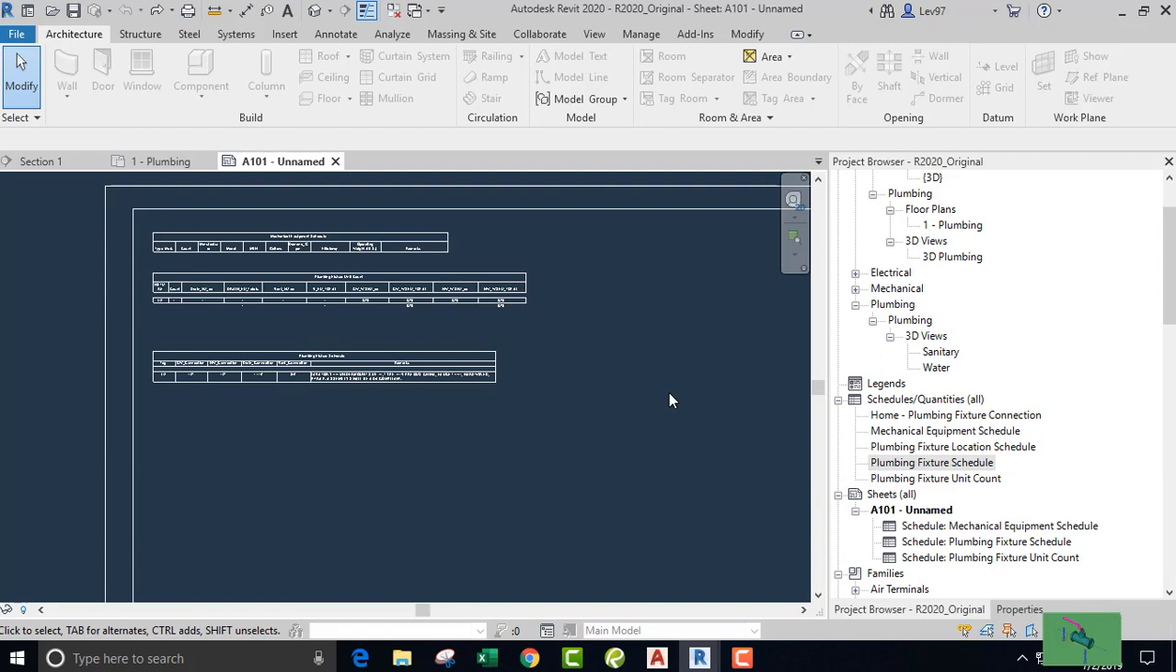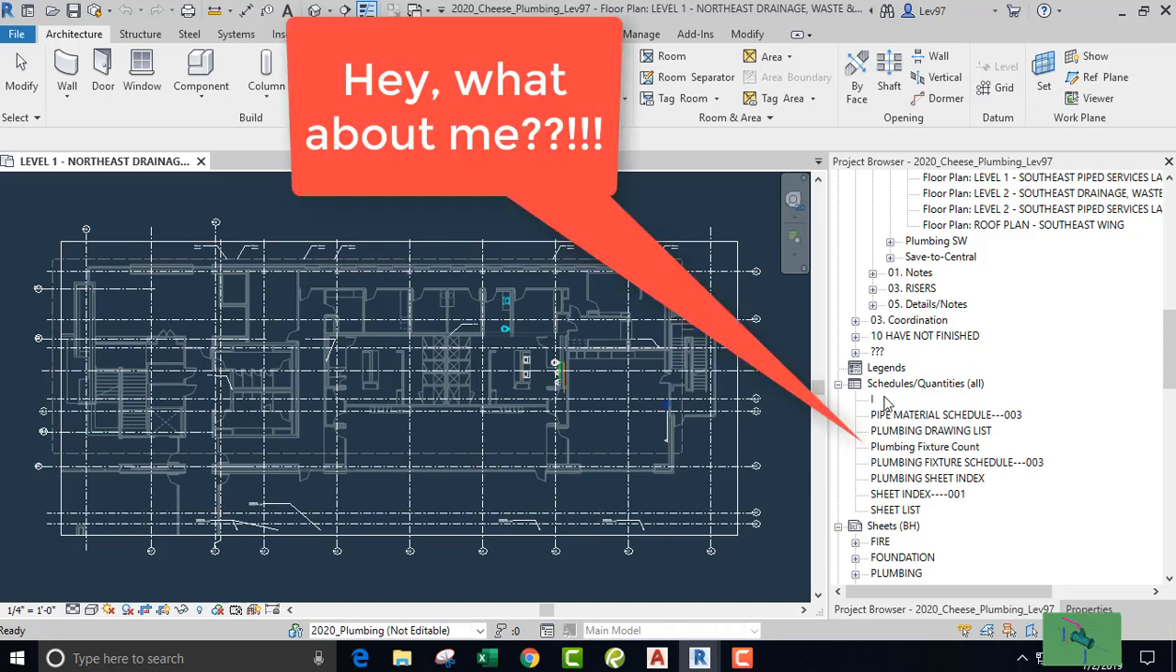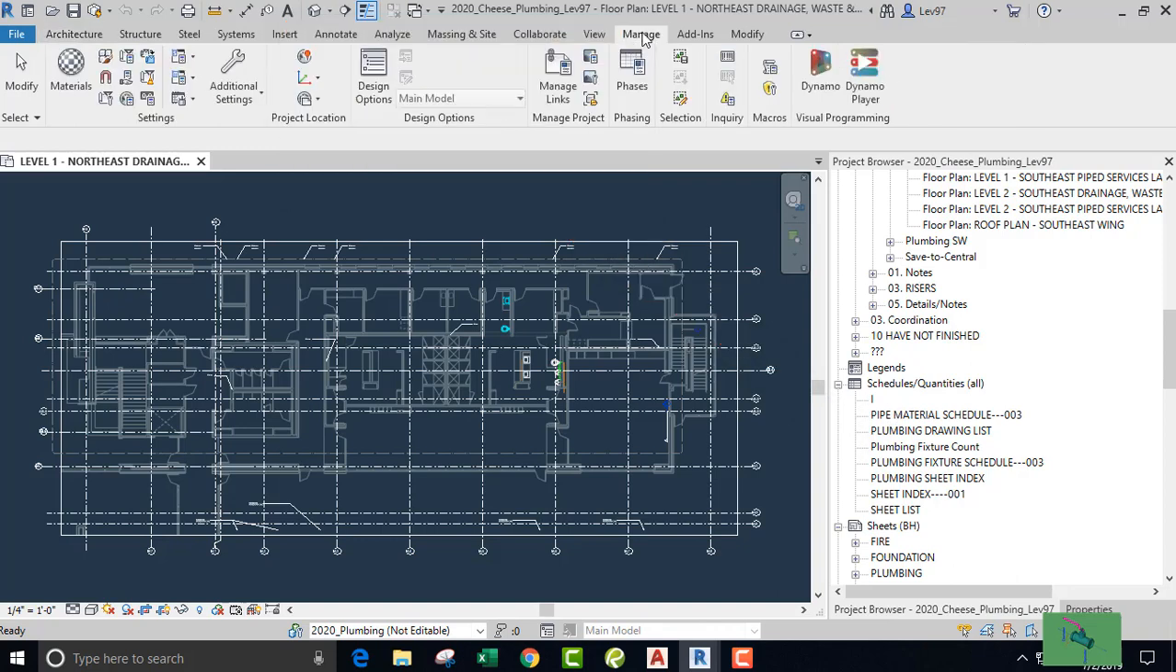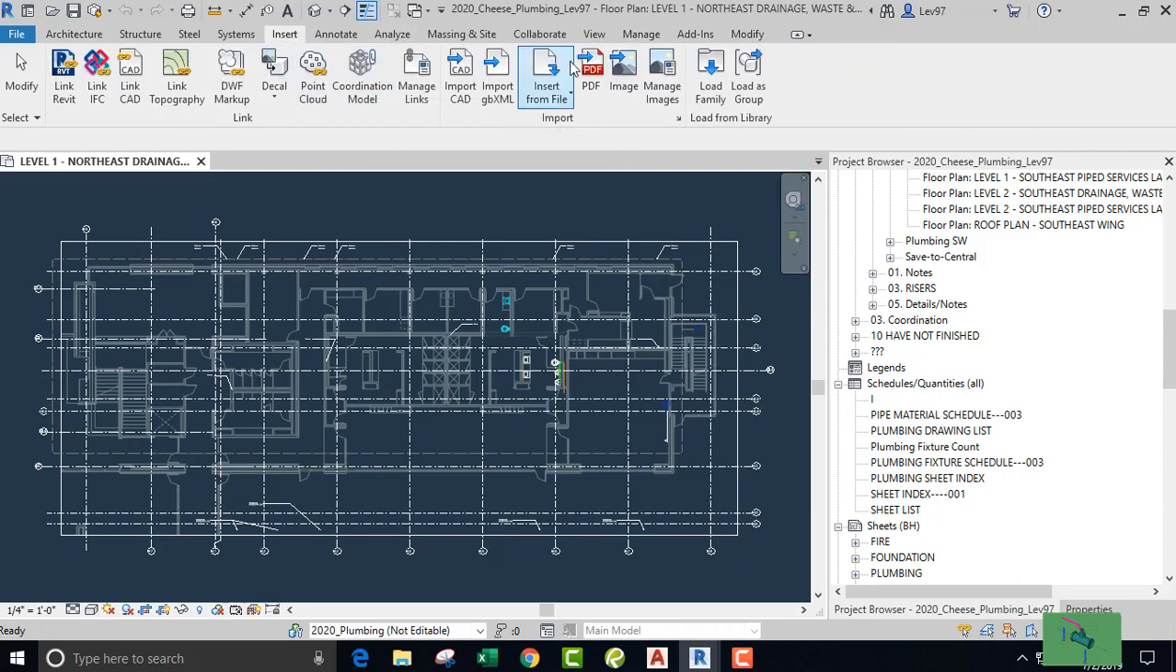So I'm going to go to my next project, which is this project. It does not have that sheet in it. It does not have those schedules. So what we want to do is go get it or them. Okay, so we want to go to, where are we modifying, or are we inserting? We are inserting